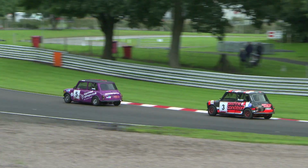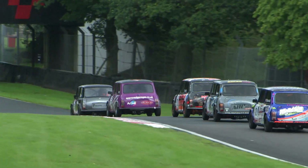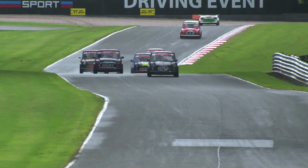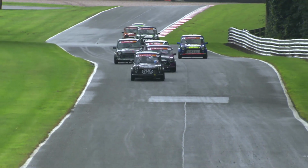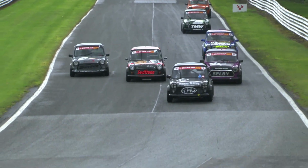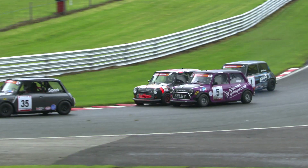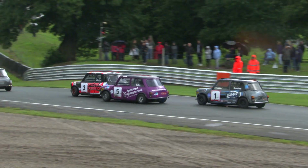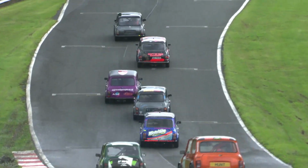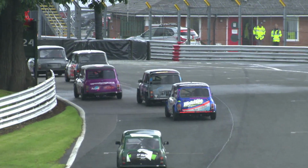Lewis Selby having to attack and defend at the same time. He's trying to get himself up onto terms with Paul Spark whilst trying to keep the aspirations of Charlie Budd at bay. And now you can see Lewis Selby moving around, protecting that all-important inside line. And by the look of things, it looks as though Charlie Budd has now got trying to squeeze up his inside Ashley Davies, and Lewis Selby thought he'd closed the door. Charlie Budd goes through. Lewis Selby down into third place, and now coming under attack from Ashley Davies, who is